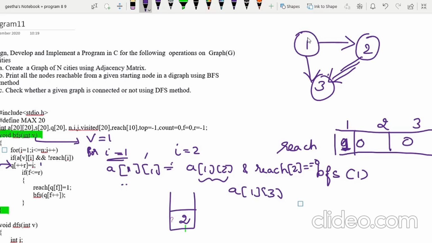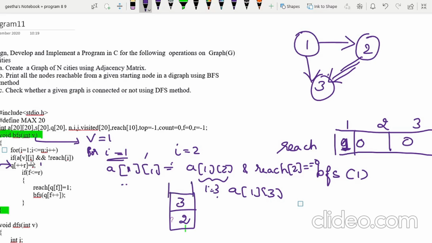Yes, there is an edge, and then checking that reach of 3 is equal to 0. Yes, it is equal to 0. If so, what do you do? Add the adjacent node 3 into the Q. That is what you do in the BFS.